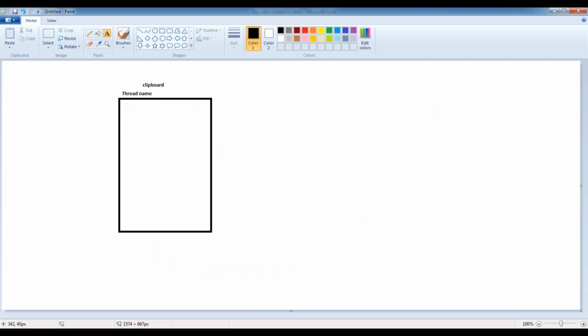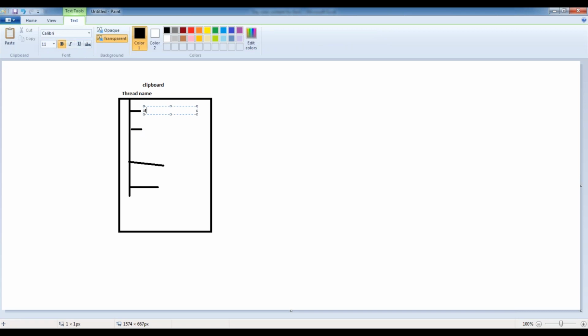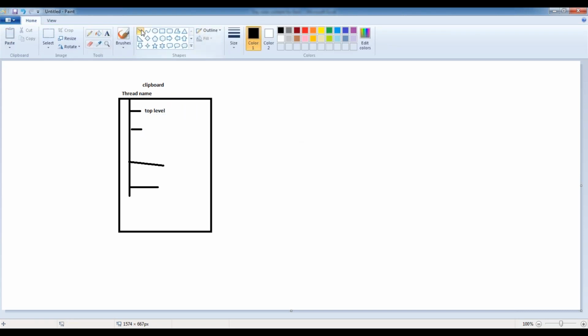So you can select the thread and then you will get a list of things here. You can see some pages here. These pages are called top level pages. Whatever you can see on the top level, you can see top level pages. Within the top level page, sometimes you will have some more pages.